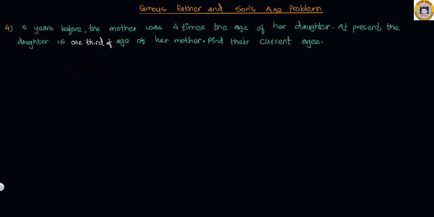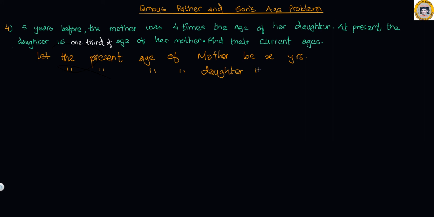In this problem, we are dealing with the age of mother and her daughter. So let us say, let the present age of mother be x years and the present age of daughter be y years. Now, according to the question, at present the daughter is 1/3 of the age of her mother. 5 years before, the age of the mother would be x minus 5, whereas the daughter will be y